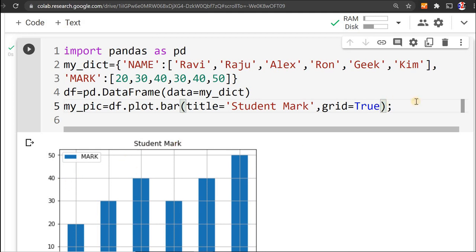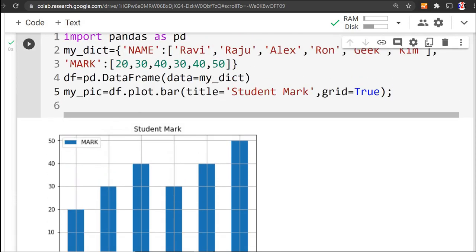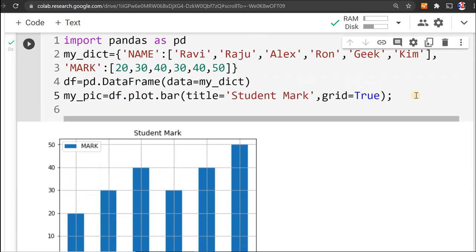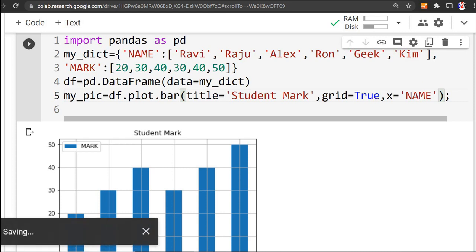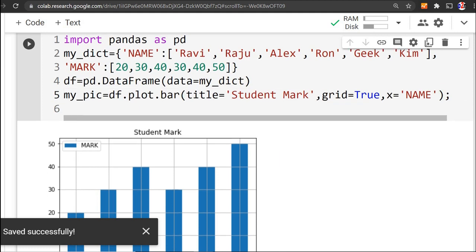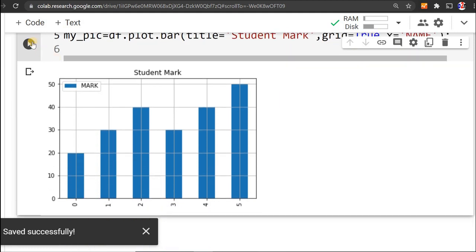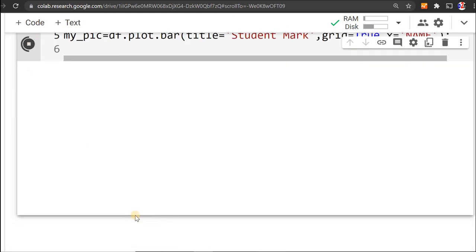Now let me put here x equal to name. So now name is on the x-axis. For y, it is already taking mark because no other columns are there. Now let me run it and see the x-axis names.